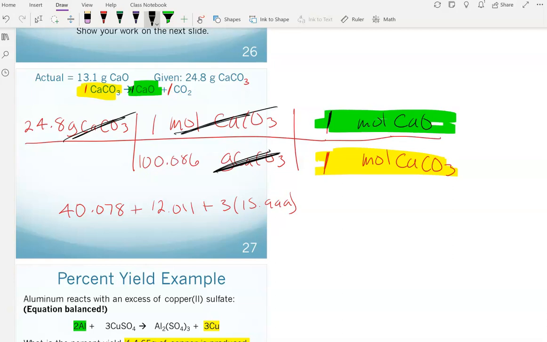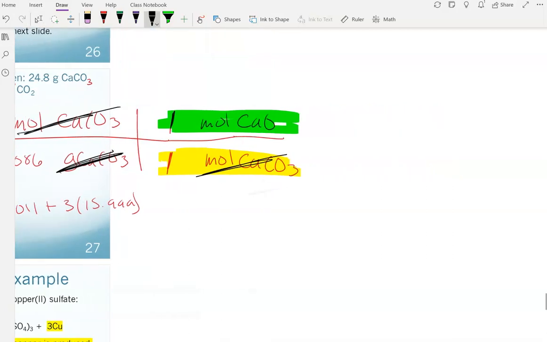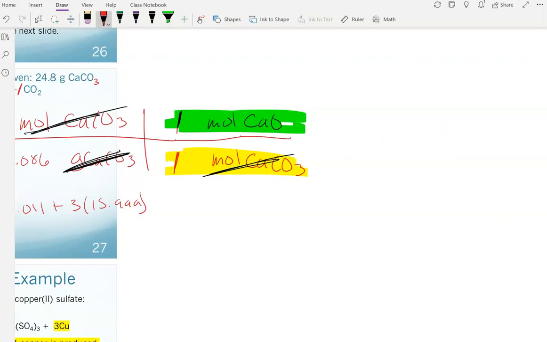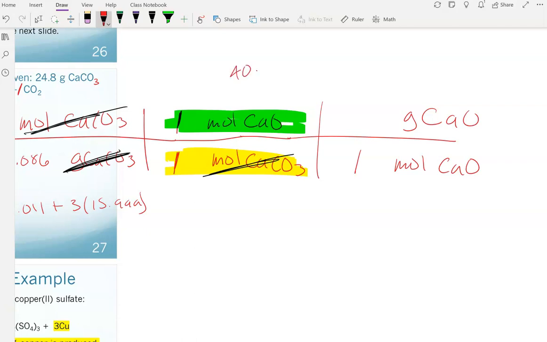So now I've converted moles of CaCO3 into moles of CaO. And now for our last step, we have to find grams of CaO, calcium oxide. So I know moles of CaO has to go here, and that's going to be 1, and that's coming from molar mass. And above that, I'm going to put the grams of CaO, which is molar mass, so 40.078 plus